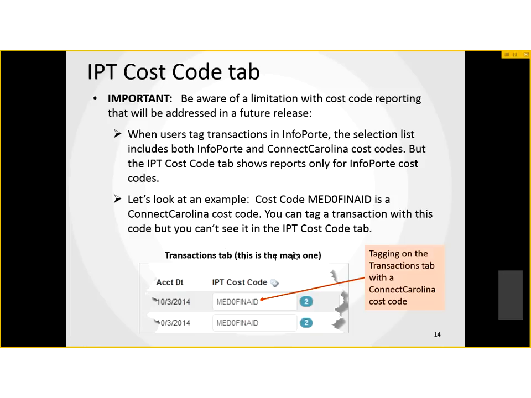You're in the transactions tab of IPT cost code. You have to do that on that main transactions tab that you're used to using for everything, okay? So on that main tab, you add this cost code